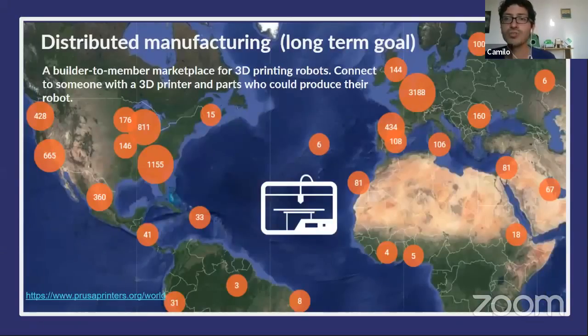And our long term is not so different from that one, but it's about the topic of distributed manufacturing. So basically, we see that all of these dots is basically people with 3D printers. So you see there's thousands of people with 3D printers, and this is just Prusa. And basically, they could be manufacturers of educational robot kits, which will make a decentralized design, and